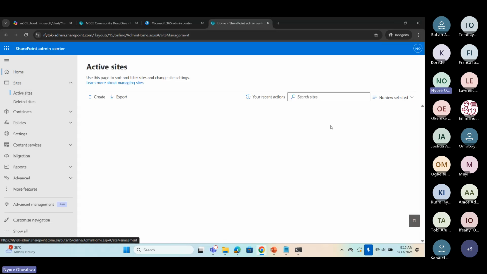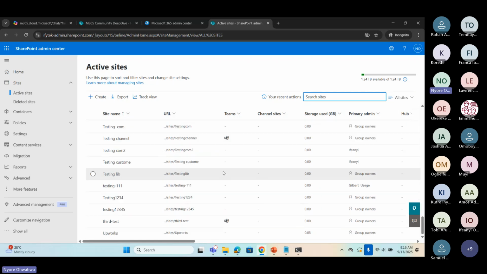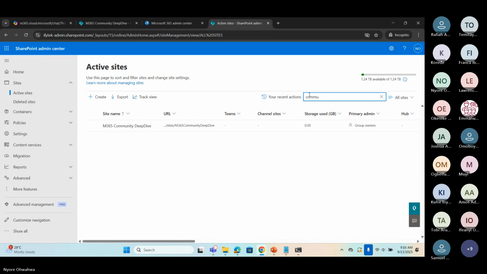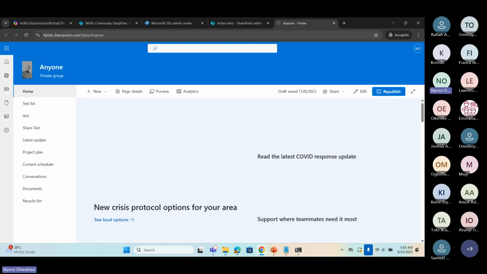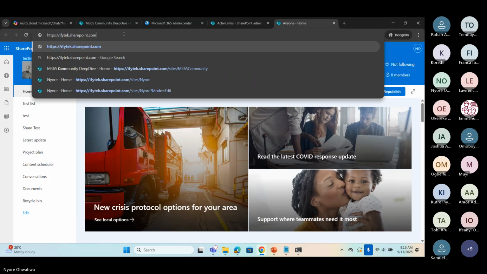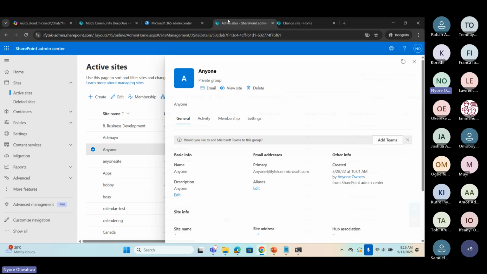If you do not have your root site, you would not be able to access any other site basically. So your root site is always your domain name.sharepoint.com. Your domain name.sharepoint.com is always your root site.